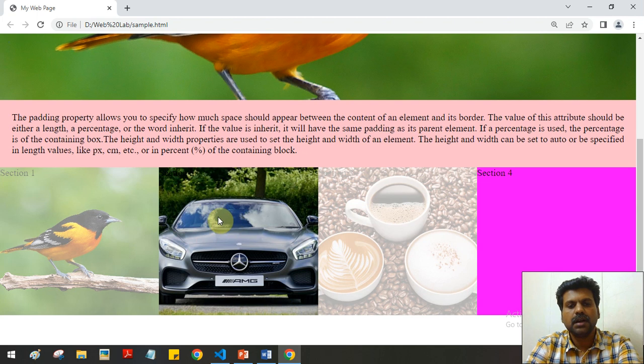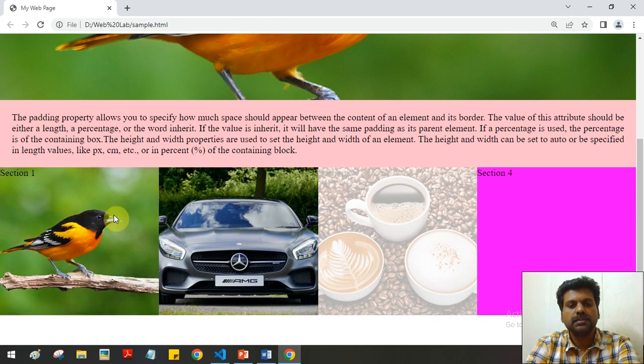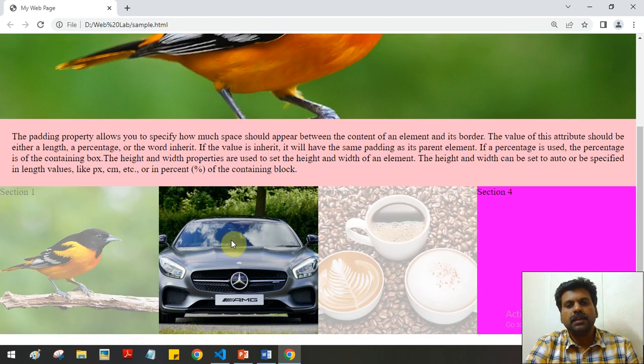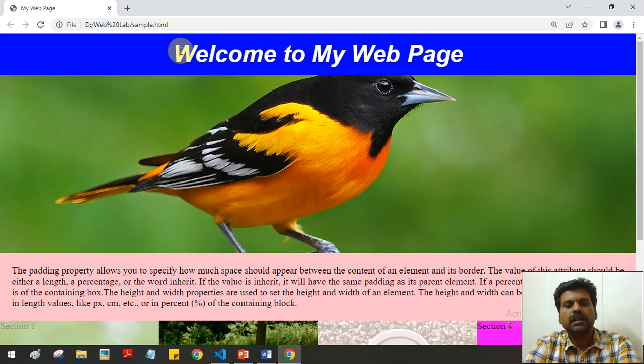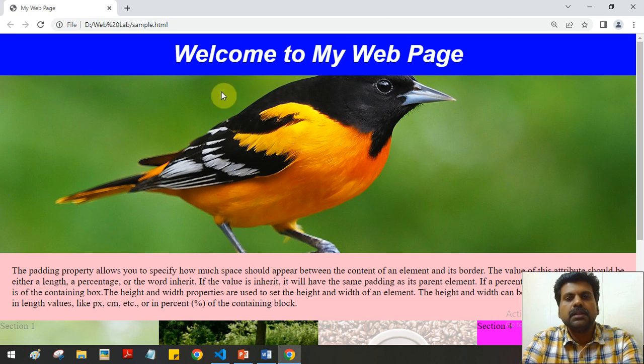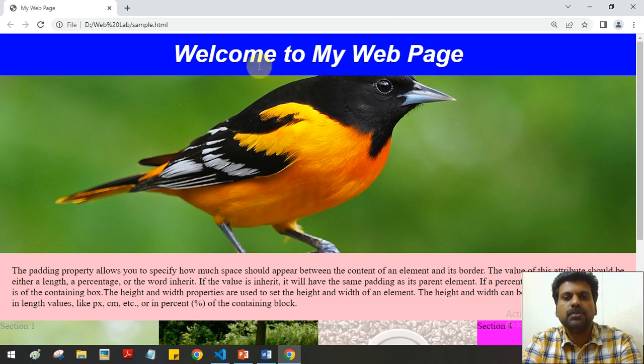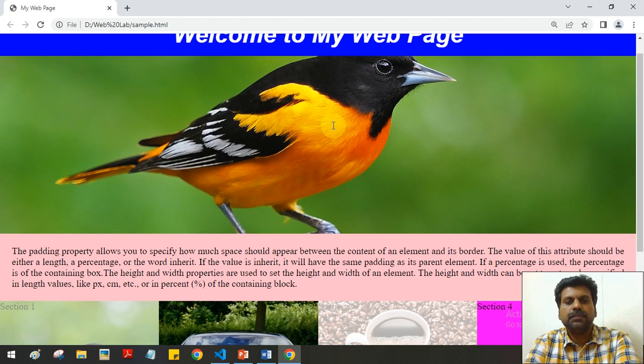For this car image also we can do it, but I'm not doing it for the car image; you should understand the difference. Here opacity is applied, and here also opacity is applied. Similarly, opacity can be applied anywhere. The hover effect you can apply not only to images but to this text also. For example, by default the text color is white and the background color is blue. If I want to change it when I keep the mouse over this particular box,